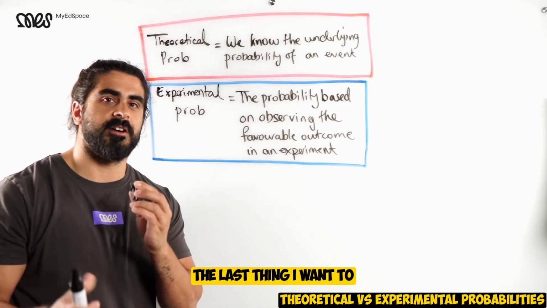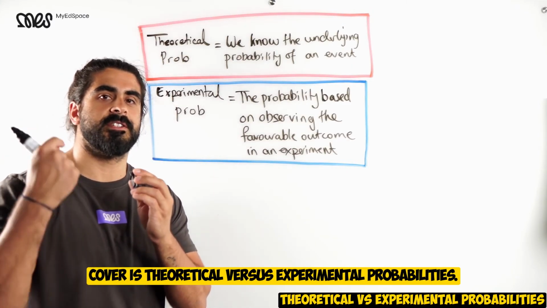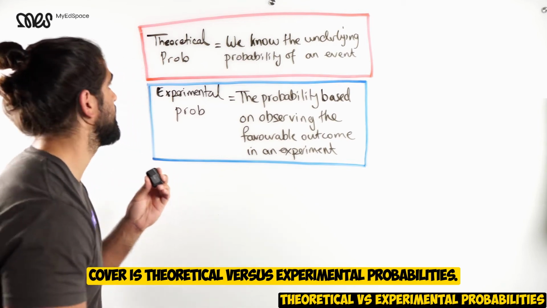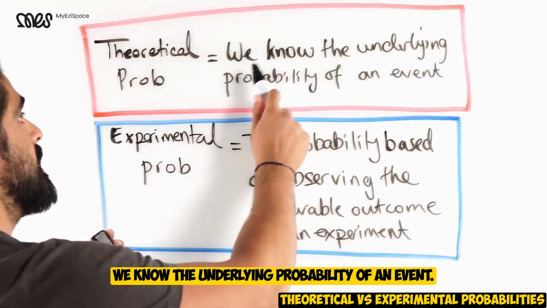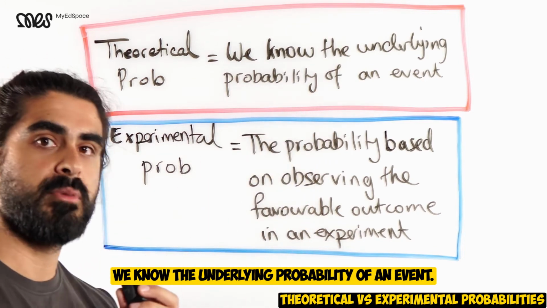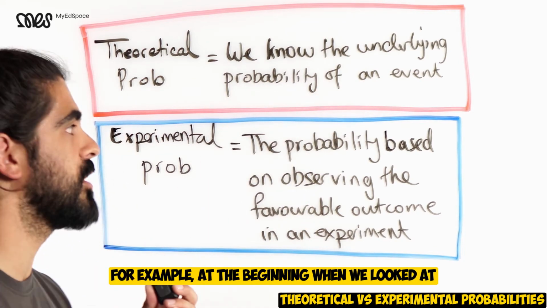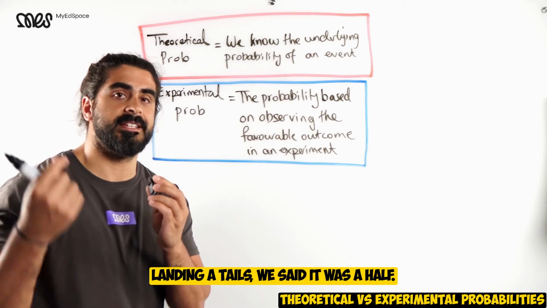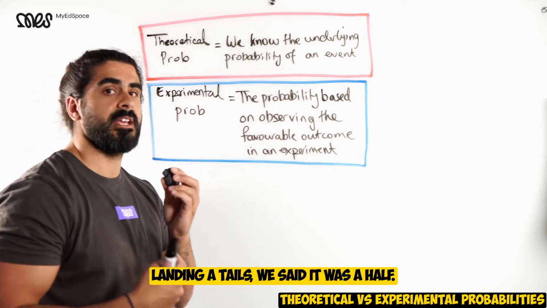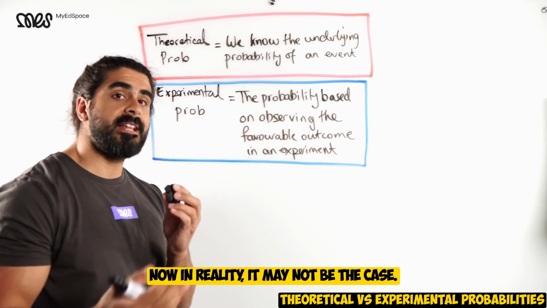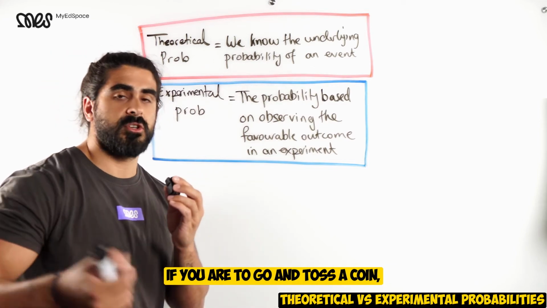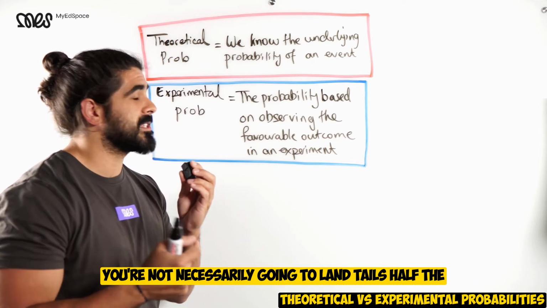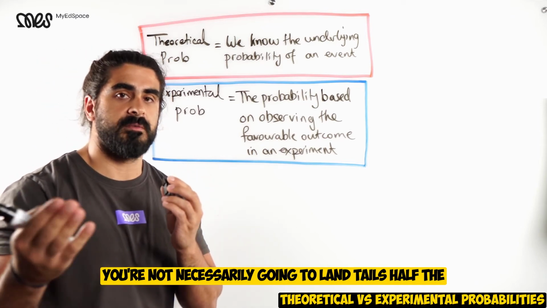The last thing I want to cover is theoretical versus experimental probabilities. Now, theoretical probability is what we've been doing so far. We know the underlying probability of an event. For example, at the beginning, when we looked at landing a tails, we said it was a half. Now, in reality, it may not be the case. If you were to go and toss a coin, you're not necessarily going to land tails half the time,